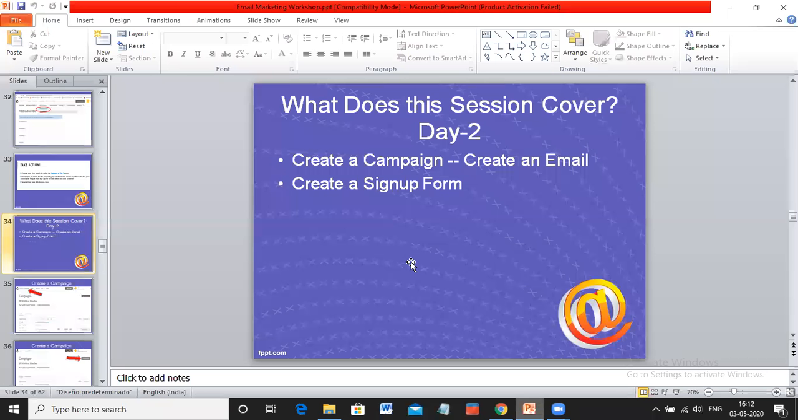Okay, so for today's session, we'll be covering how to create your first email campaign and creating a sign up form. I'll first go ahead with the theoretical part, and then I'll continue with the practical itself. I want everybody to be attentive. There are a lot of steps involved while creating a particular campaign. So please,